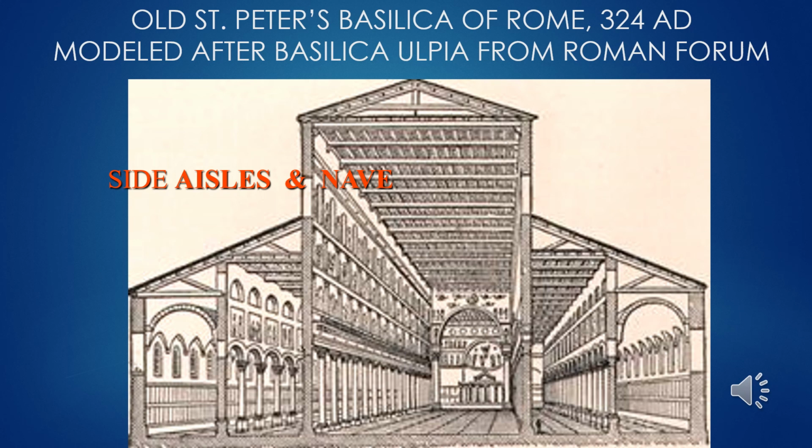Again, notice the colonnade on either side, or what's called an arcade, where you can see the row of columns, and then the next row over you can see the columns with the arches. So the columns with the arches is called an arcade. And then again, the focal point of the church would be the apse, the semicircular extension at the east end, which tended to display some kind of a mosaic or some kind of a focal point for worship.